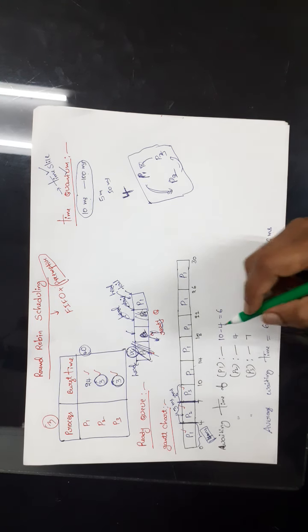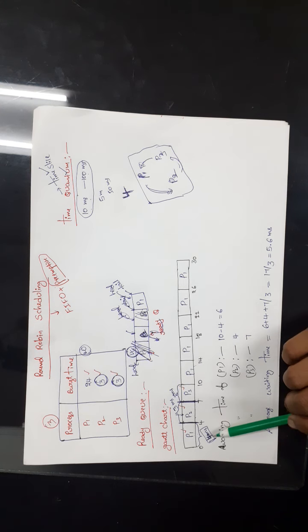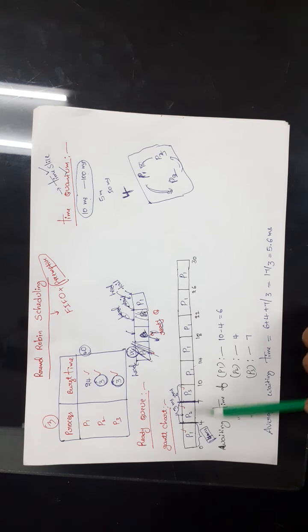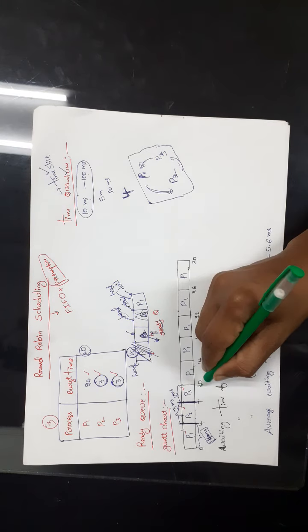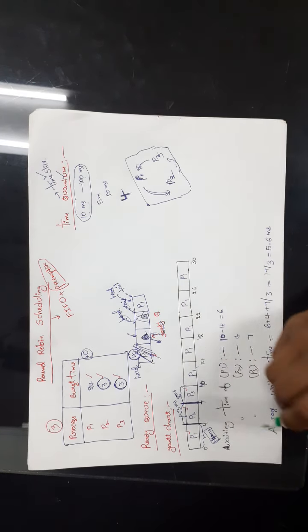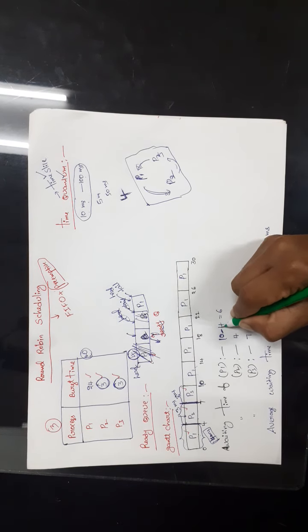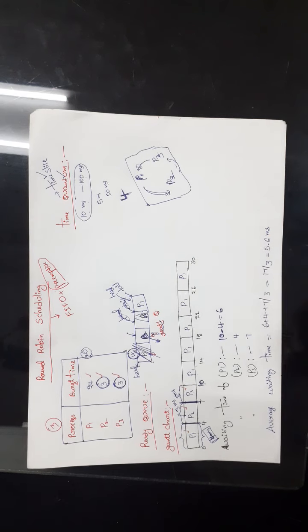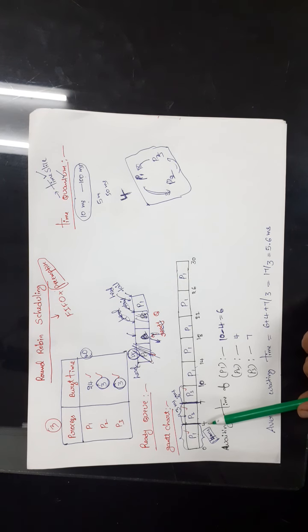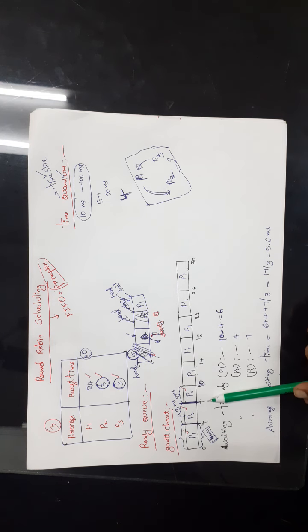Okay. So here we will calculate the waiting time. What is the waiting time of P1? P1 is here and P1 is here. So what is the waiting time? It has waited for 10 milliseconds, right? But before that 10 milliseconds also, it was executed for 4 milliseconds. So we have to subtract 4. So what is the total value? 6. P2 is executed, P2 waiting time is 4. Then P3 waiting time is 7.